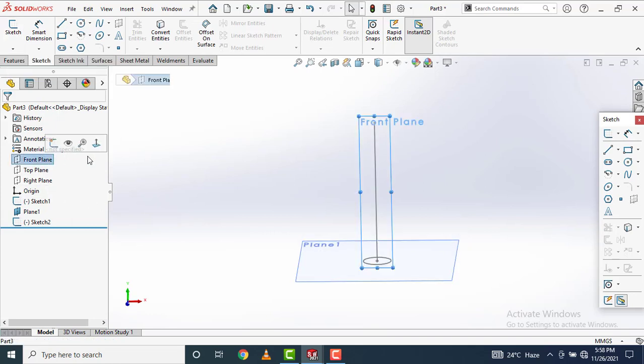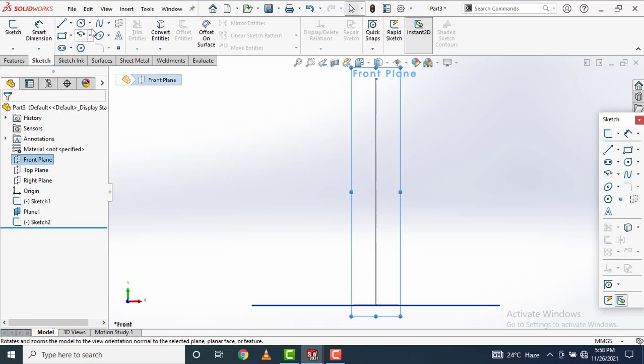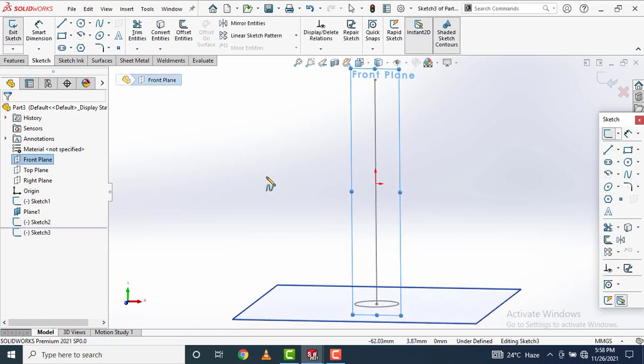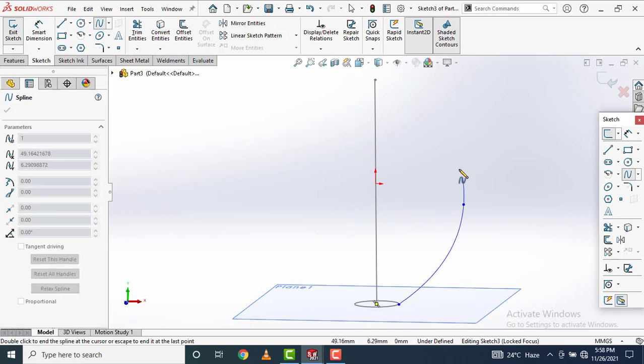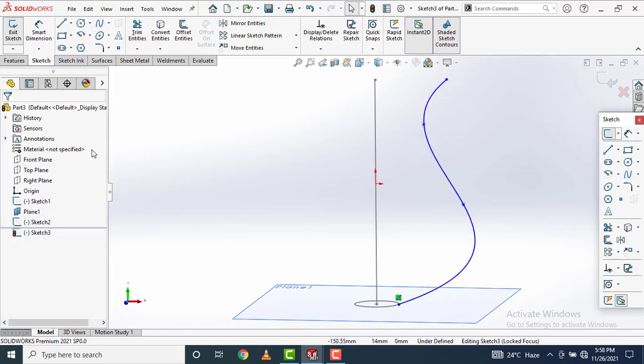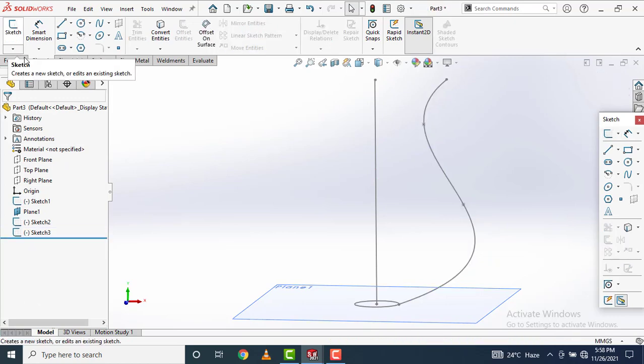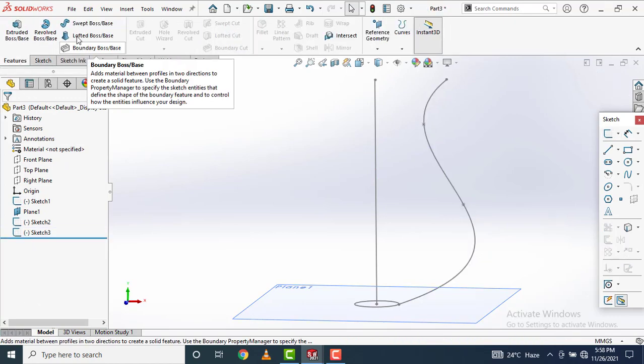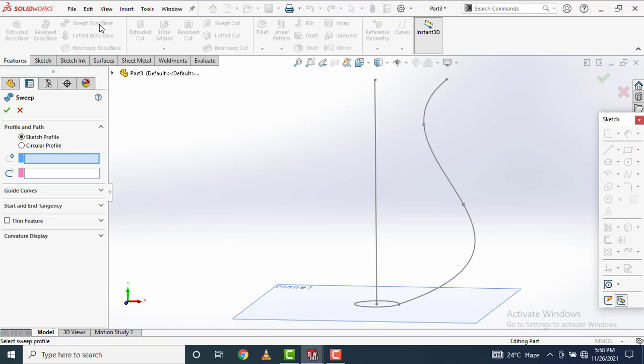Now go to the front plane again, make it normal to, take a spline from here. Right click, select. Exit sketch. Then go to features, select Swept Boss.